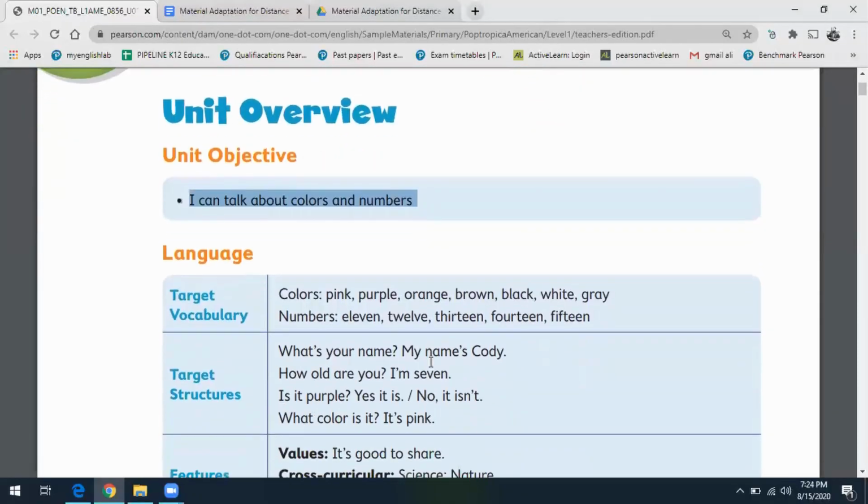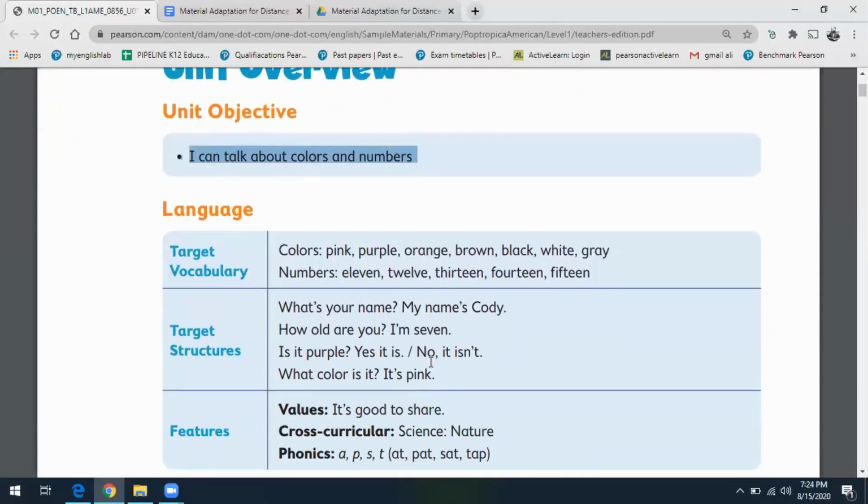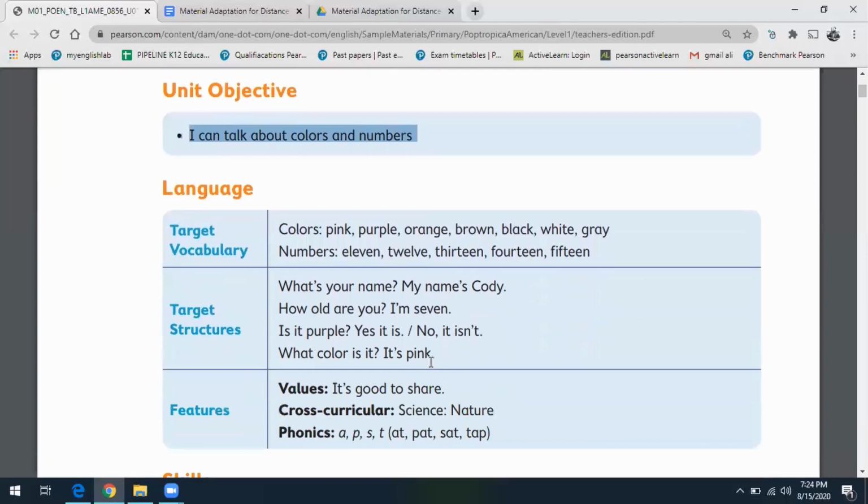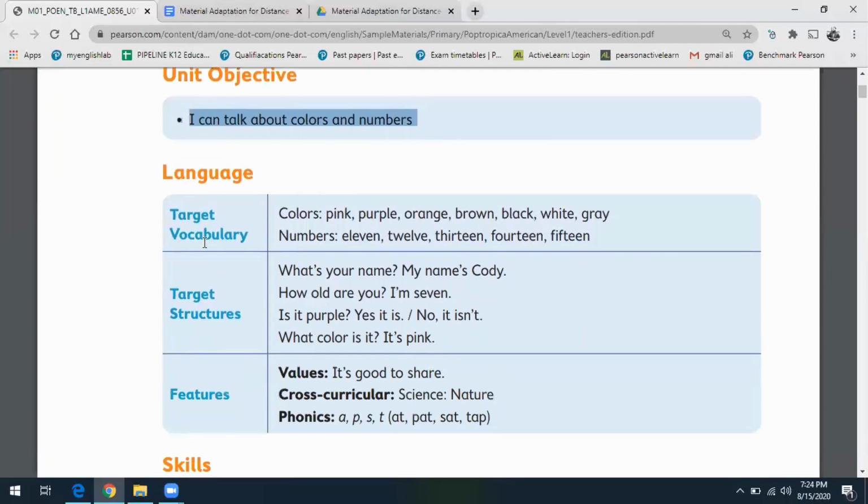Okay, but let's not stop there. Remember, we have to get the full understanding of the objectives of the lesson. So let's read further down below. So you have information here on what language aspects that this book talk about in this unit. So you have target, you can see the target vocabulary, you can see the target structures, as well as the features. Okay, so the target vocabularies are colors and also numbers as what is required from the lesson objectives,